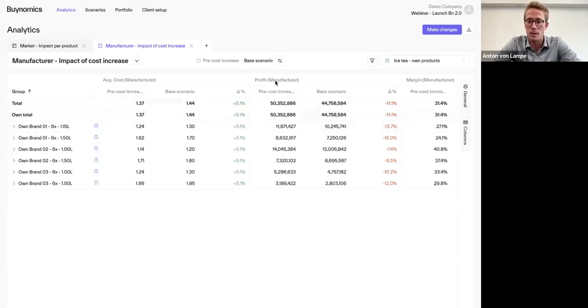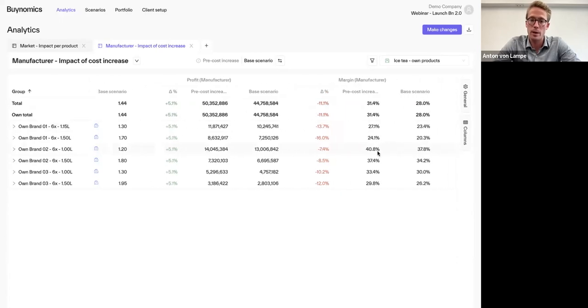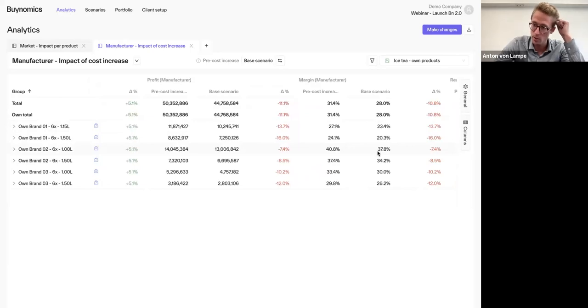And here we're looking at profit, we're looking at margin. And we can see, without making any changes yet, so we haven't touched any of our RGM levers yet, we see a significant hit on our profits as well as on the margin. And now it's the question, how do we get those back? What are our options? And Buynomics